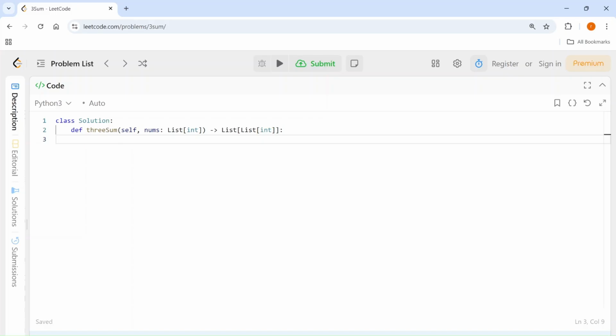So for sorting, we will do nums.sort so that the array gets sorted in its own place. Now we are going to define an array which will be storing our final results. So all the triplets will be stored in this final array. I'm going to loop through all the elements of the array. So for I in range length of nums,